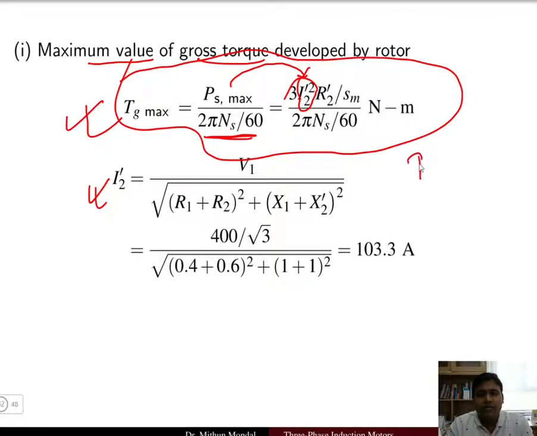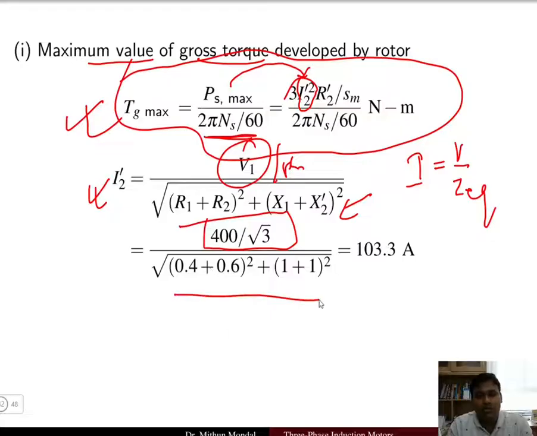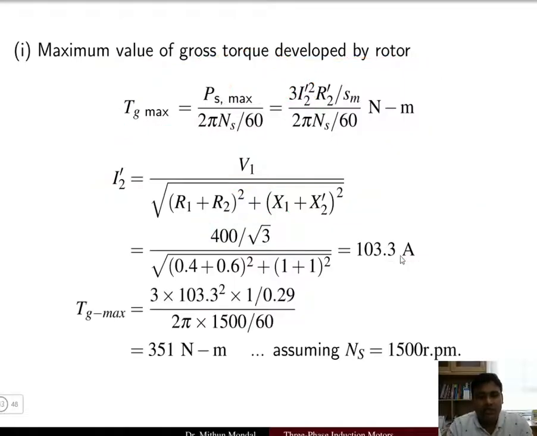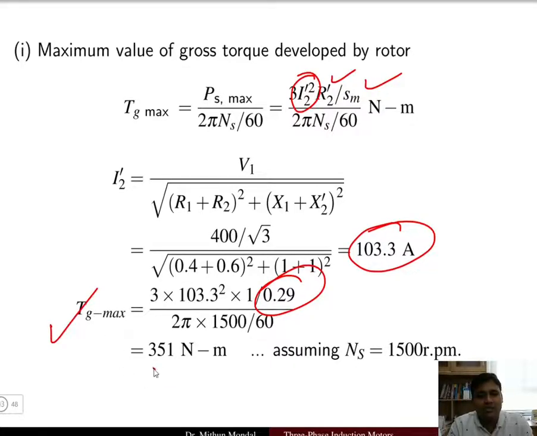The current we can determine as the voltage divided by the total equivalent impedance. The voltage is per phase, so 400 by root 3 is the phase voltage, and this is the total impedance of the network. So the current is 103.3. Now this current 103.3 can be substituted here, along with the rotor resistance and the slip, which is 0.29. So we get the gross torque as 351 Newton meter,